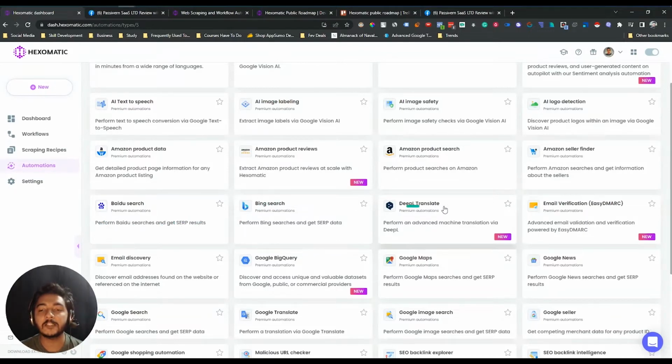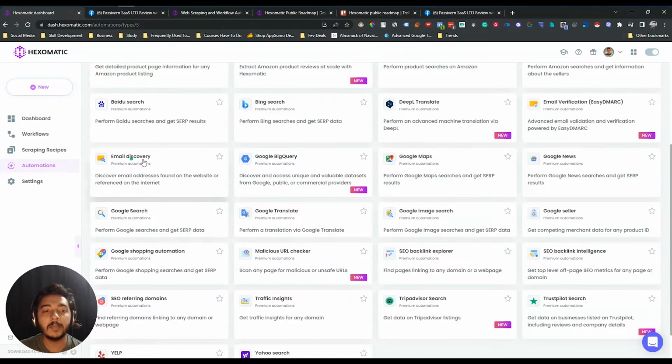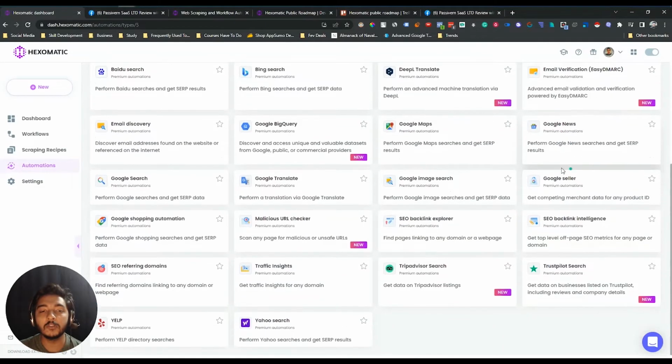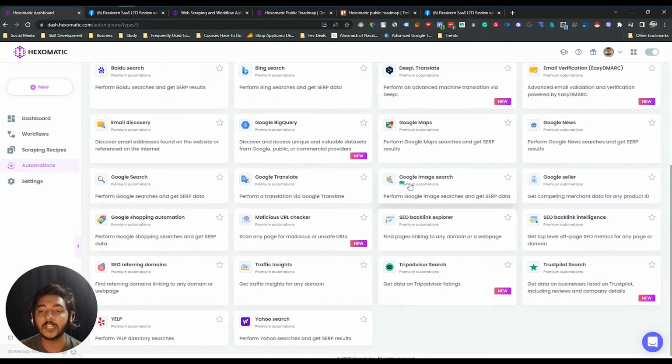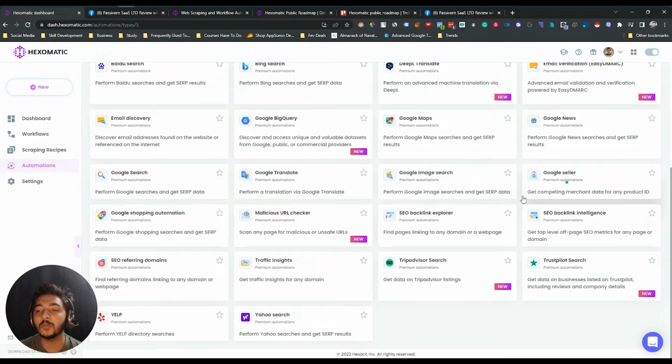Similarly, they have Bing search automation. Then they have the option to perform advanced machine translation via DeepL. So you will also get DeepL translation automation in Hexomatic. They have email verification automation. They have email discovery automation, Google BigQuery automation, Google Map. You can perform a Google Map search and get sharp results. And then Google News automation, Google Search automation, Google Translate automation, Google Image Search automation, then Google Seller automation, Google